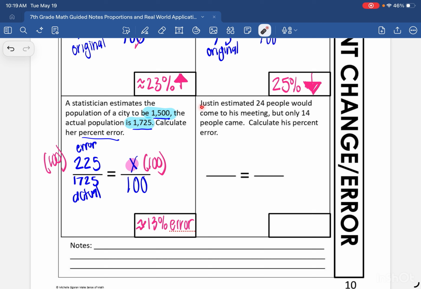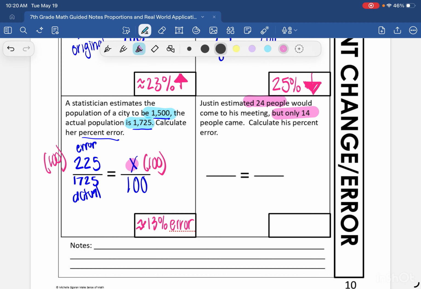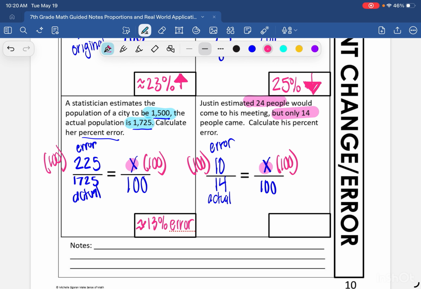Last question. Justin estimated 24 people would come to his meeting, but only 14 people came. So let's mark that, 24 to 14. Calculate his percent error. All right, so figuring out percent again. Percent error, my actual people that came would be 14. My error, how much was the difference there? So 24 to 14 would give me 10. All right, I'm going to multiply each side here by 100. So I get 100 times 10 divided by 14, and that is about a